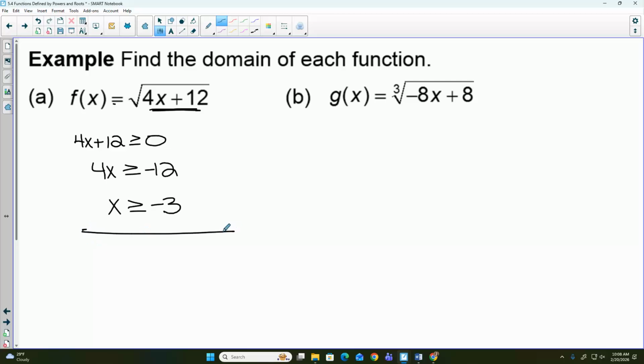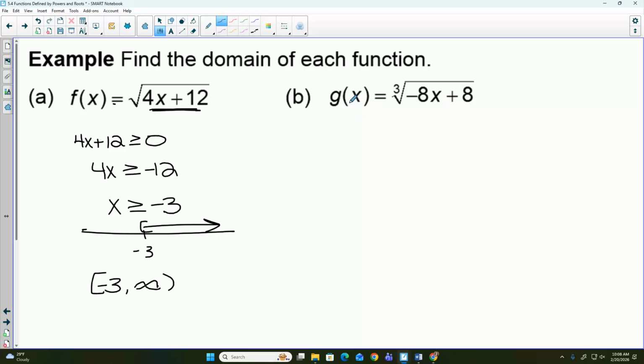Draw yourself a number line. Here's negative 3. Greater than goes to the left. You have to decide left or right. Equal to means bracket, so it's just bracket. Negative 3 to